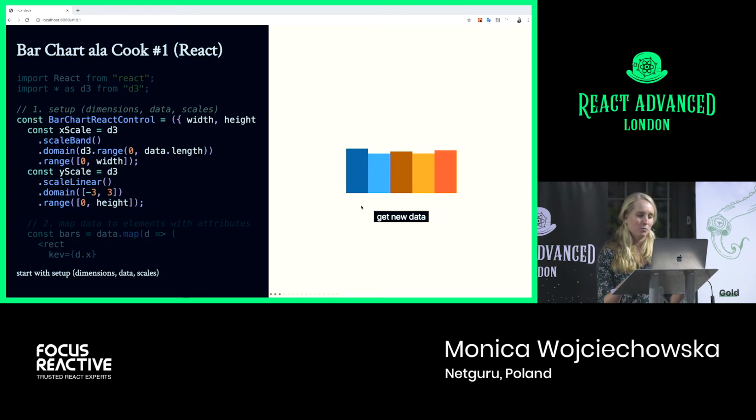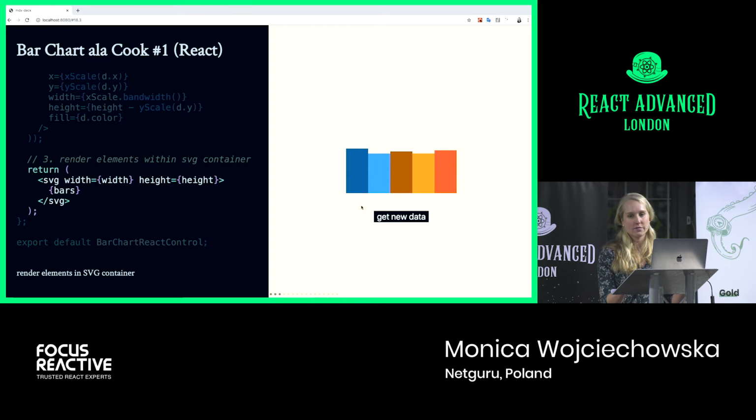We have width, height, and data coming from our props, and we're using D3 to set our scales. So this is basically the format of setting up scales with D3. You have different functions. We're using scaleBand to set up the x-axis and scaleLinear for the y-axis. But that's the only piece where we're using D3 here.